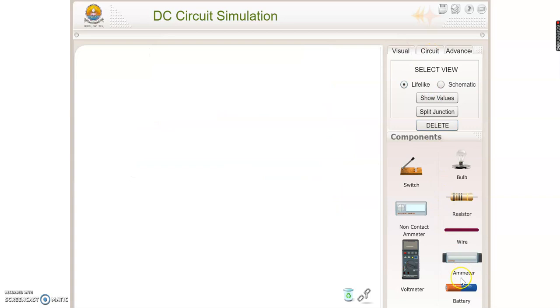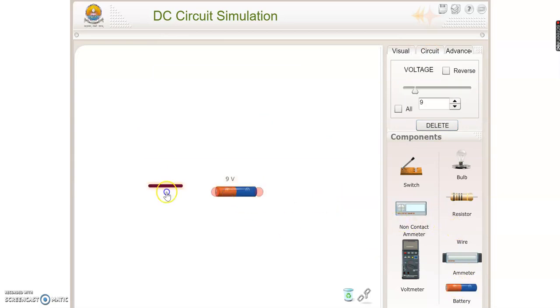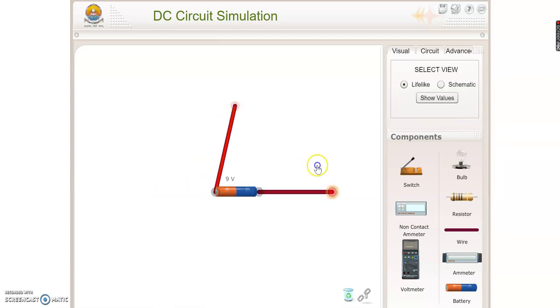Talking about the innovation part, we'll take a battery, we'll take the two wires over here, and we'll try to short circuit a battery. Again, remember, making a connection: click on one endpoint of the wire, take it to the other endpoint of the component, and as soon as the connection is done, you'll see there will be a color change. Again, I'll simply try and short circuit a battery. So you can see this particular innovation.